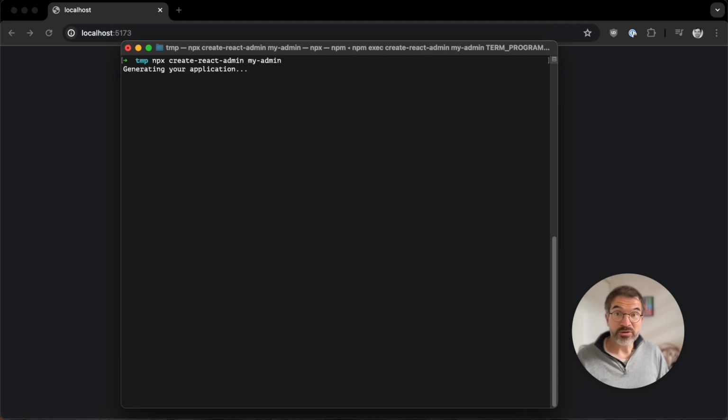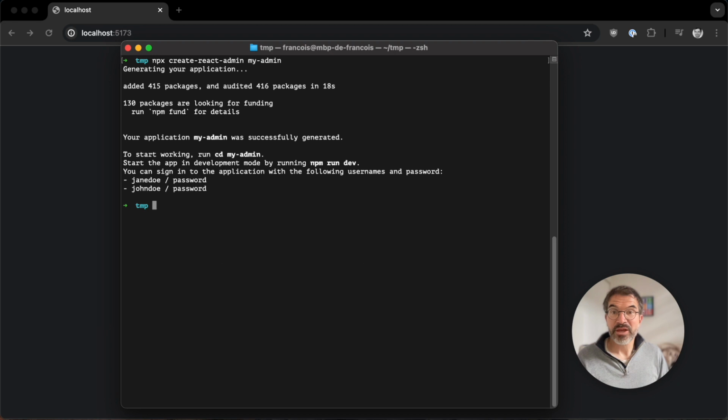Now the Create React Admin package is creating my application and installing the dependencies. And that's it. Now I have this application in the myadmin folder, and I know I can start the application with npm run dev, and I will have to sign in with this hard-coded username and password.